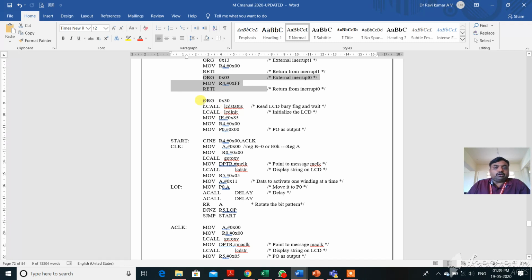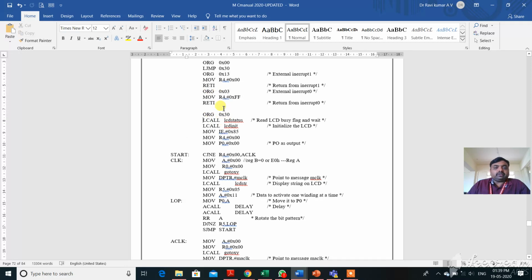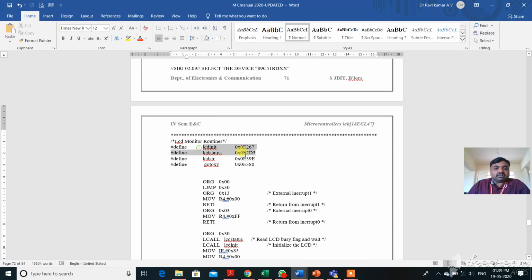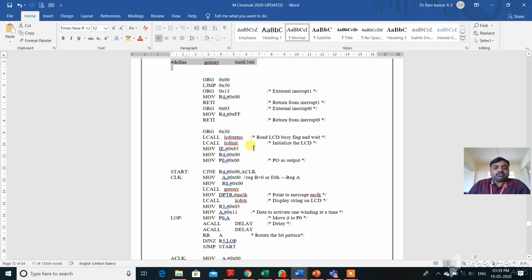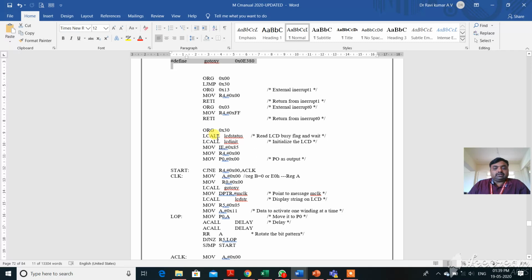So that is going to be displayed here. That is what I am going to call, where the routine has been written. This is the routine written for display. So I am calling the LCD routine. First I need to check the status, and after that, if it is not busy, I need to initialize it. Once it is initialized, I need to write the program to display my string. Okay, so next